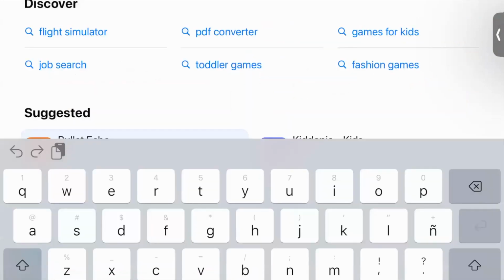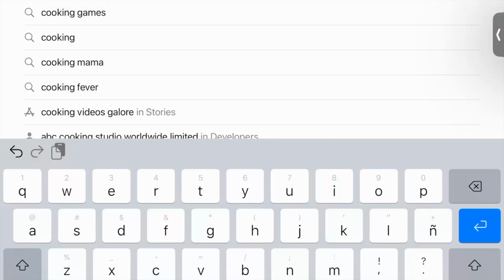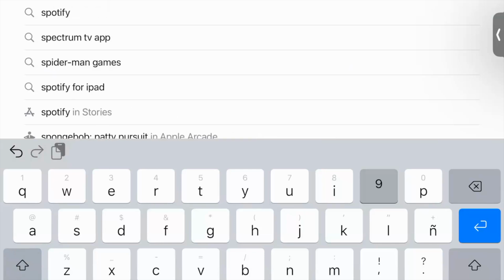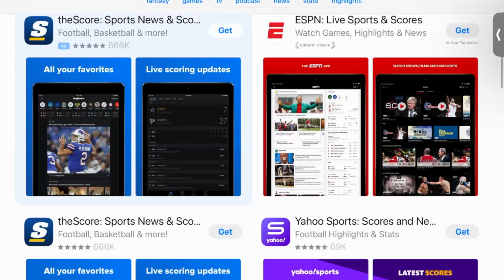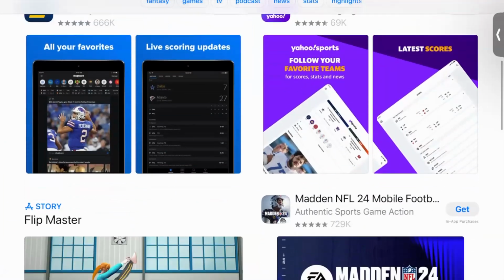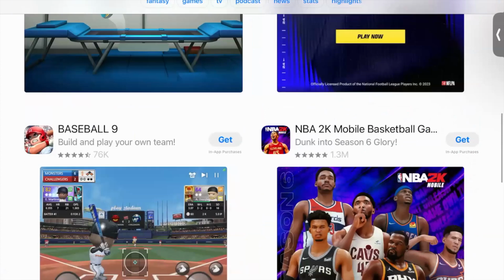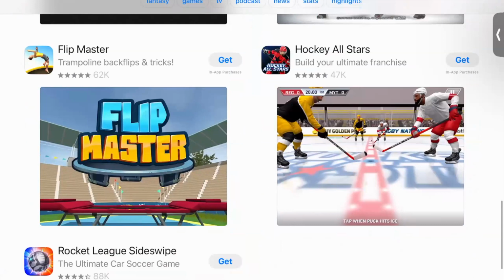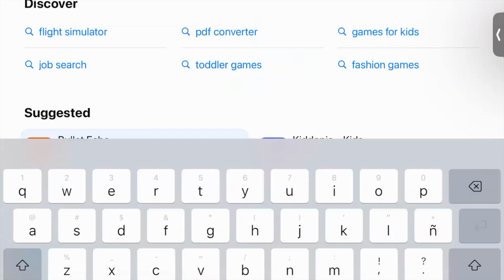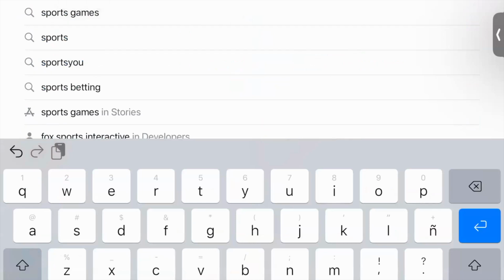I can also, if I like sports, type in sports. You see, I can get the Yahoo Sports app or this app called The Score. There's some games here as well. If you like, again, you can just type in puzzle games. You don't even have to look through that library of different things. You can just type it in right here. So if I type in puzzle games,